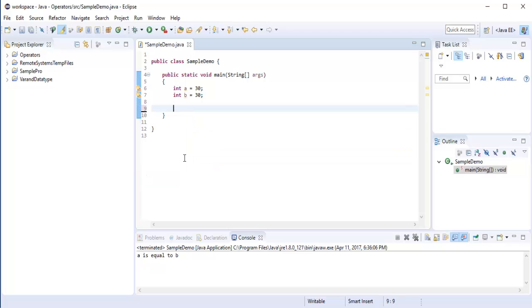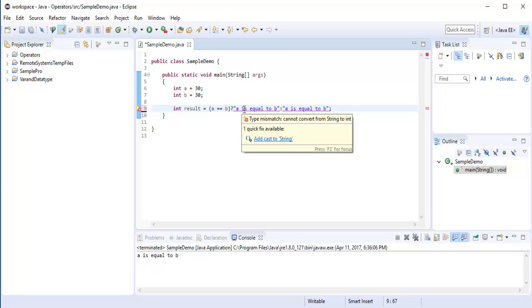How can I achieve that? Let me create a variable. First I need to pass the condition. The condition is a equal to b. If it is equal, then it has to tell like a is equal to b. Then we use this colon operator, telling a is not equal to b.